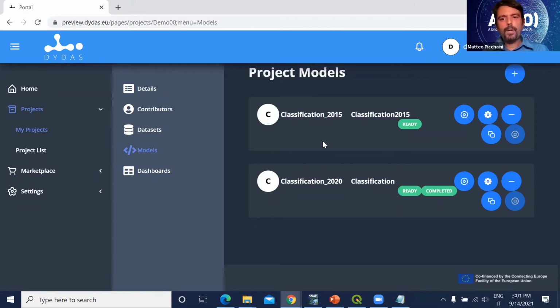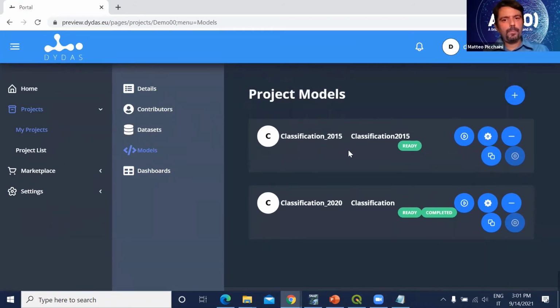Also here we have already included two containers for the project models. We have a classification model for 2015 and a classification model for 2020, which was already updated with the Python code for the model implementation. So